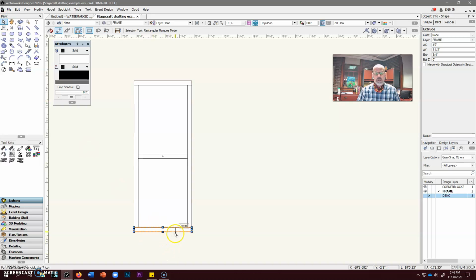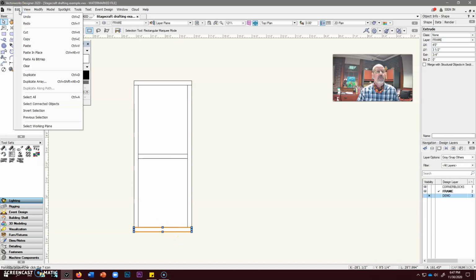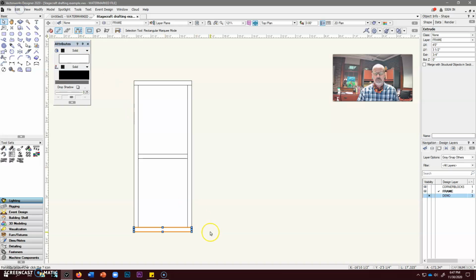Let's say that we want our bottom and top toggles that are intermediate to be 2 feet from the bottom edge of the whole flat. Well, I can duplicate this rail by hitting Control D, or I can also use the duplicate tool found in the edit menu, but it's so intuitive to Control D, I hardly ever use that. And you'll notice that